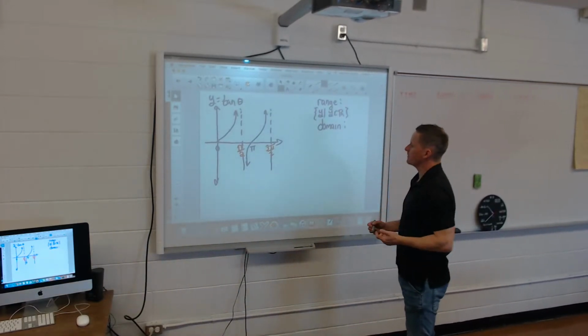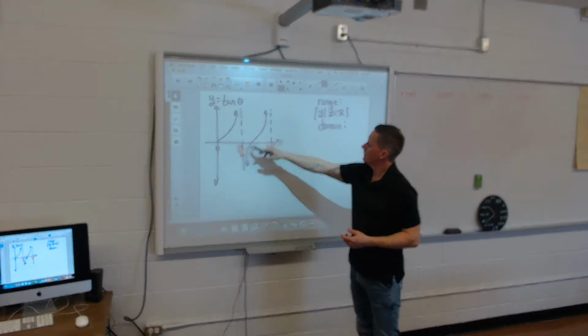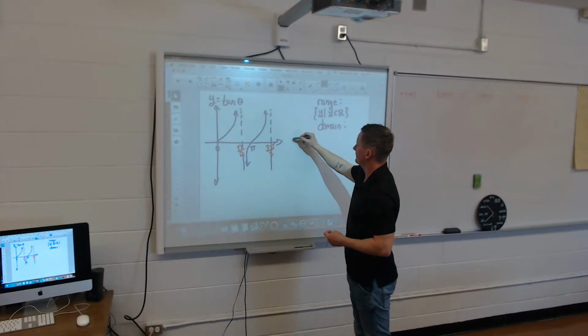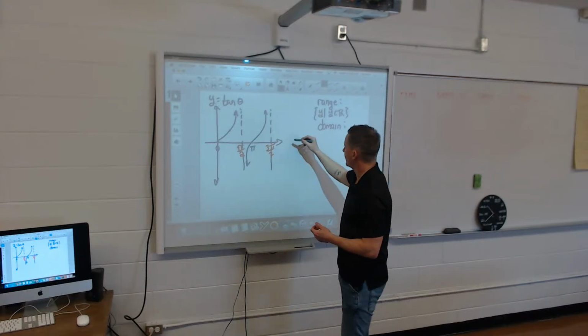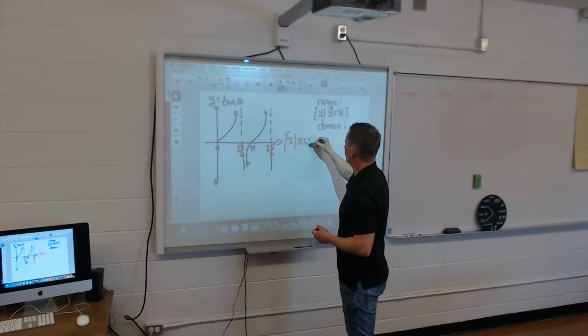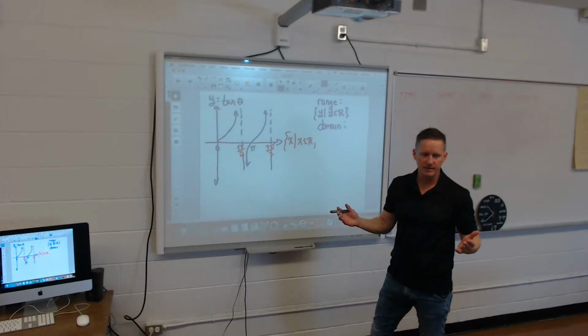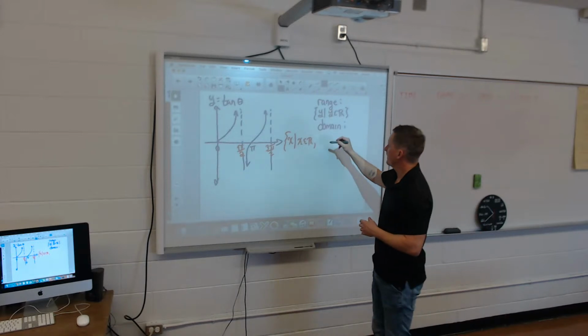Okay, so my domain. When I'm writing out my domain for this, again, I write it out as follows. X such that X is an element of all reals. So there's my starting point. This is exactly how we do sine and cos. Now,